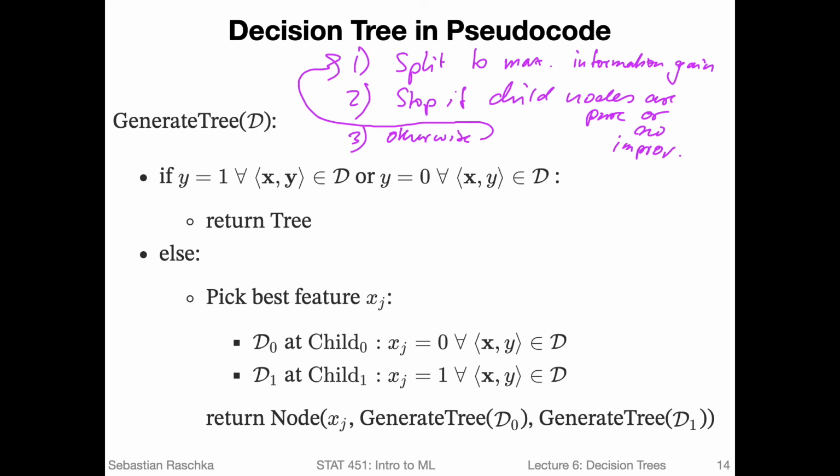Now, what does pure mean? It's not very nice handwriting here. What I meant to write was pure. Pure means that all the training examples at a given node have the same class. If you think back to the example with the molecules, we had 2 classes, active and non-active. If the nodes are such that there are only active examples or only non-active examples at the given node, but not a mix of the two, then we stop growing the tree. That would be one possible condition that we can use as a stop criterion.